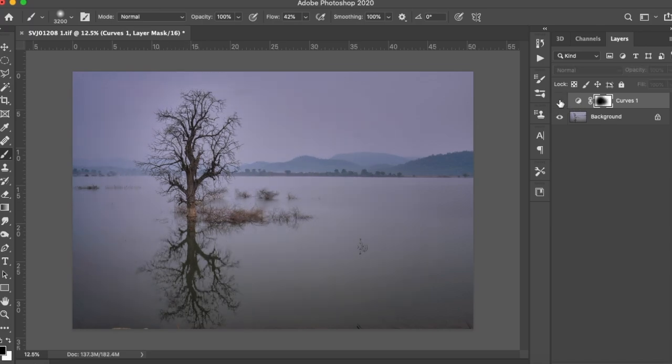So here you can see before, after, before, after. So we have made very nice contrast. So now the viewer's eyes are going directly to the tree.